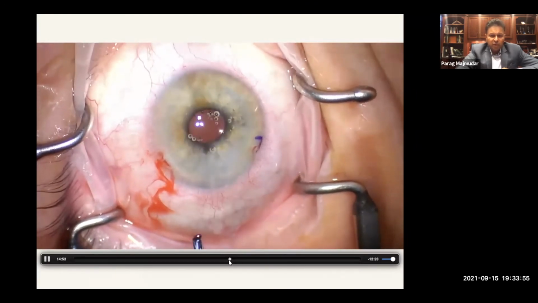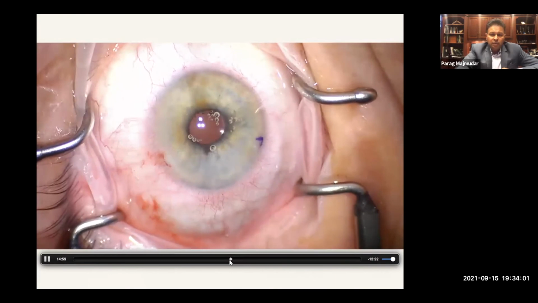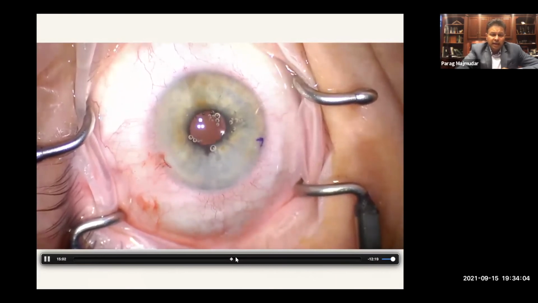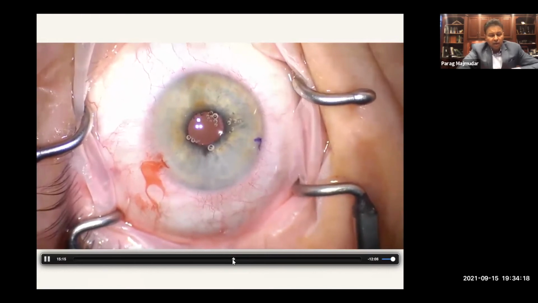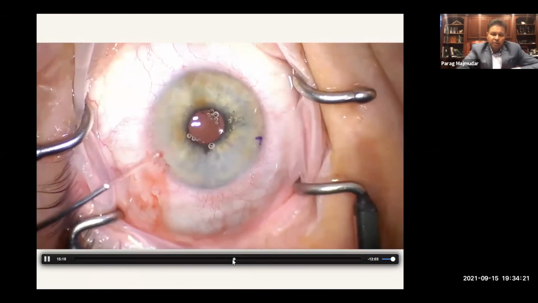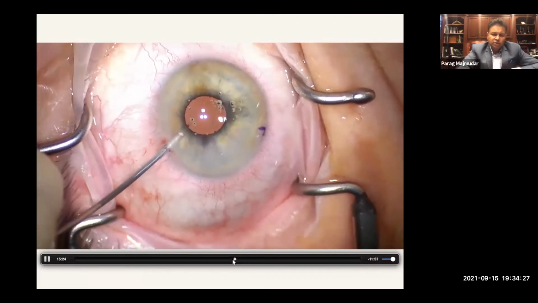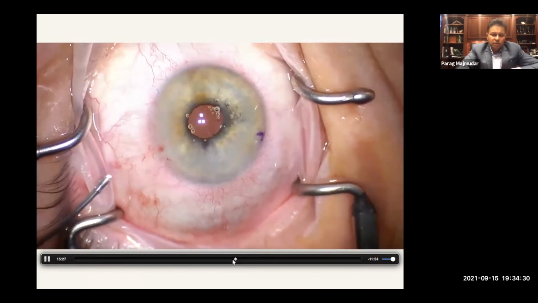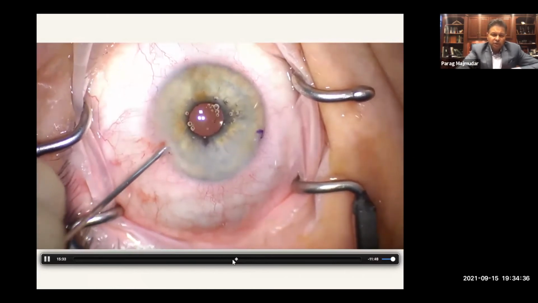So I'm making sure that all the tags of Descemet's are removed. And once I feel pretty comfortable with that, while there's still viscoelastic in the eye, I'm going to make my inferior iridotomy. I typically like to use a handheld vitrector probe on a setting of IA cut. I'm going to get a little aspiration and get the iris incarcerated into the vitrector. And then I'm going to just do a slight little pulse. The cut rate's about 2,000. So all I need is like a millisecond of cutting with the vitrector. And you can control the size of that